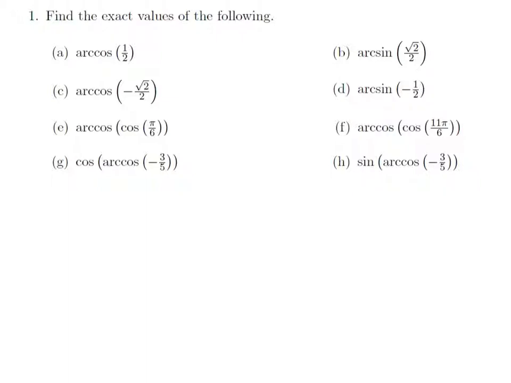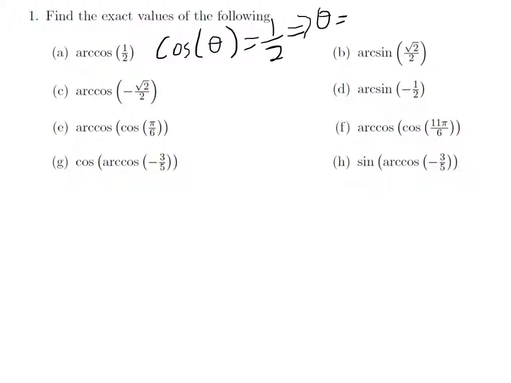So some typical examples, they will ask you to find the exact values, i.e. no calculators, of arccosine of 1/2. So arccosine of 1/2, what you are looking for is what angle has cosine equal to 1/2. So you could think cosine of what angle equals 1/2. These are not equivalent statements because this has an infinite number of solutions, whereas this only has one. But when you plug a positive number into arccosine, you'll get a quadrant 1 angle out. So in quadrant 1, where does cosine equal 1/2? And the answer would be